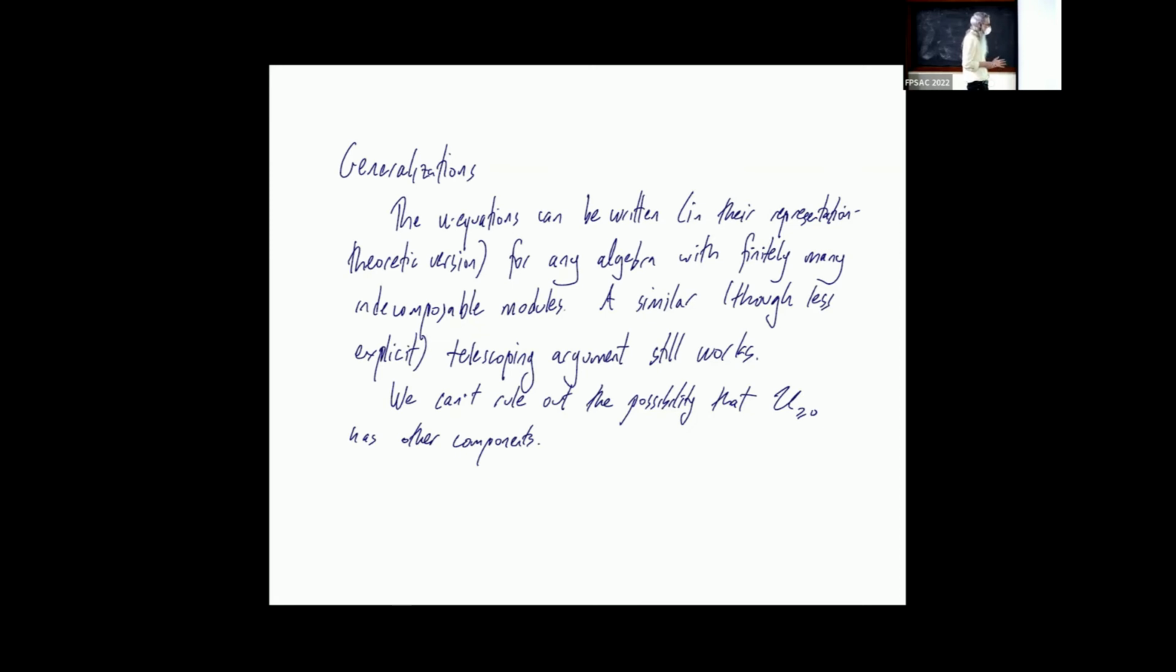One thing I should say is that we can't rule out the possibility that there are other components in this case. I mean, we don't think it happens. We know it doesn't happen in type A for other reasons. In the surface case, in the disk case, we know it doesn't happen. But in all the other cases, we don't actually know it doesn't happen. There could conceivably be other components. We don't think that happens. But anyway, this generalization